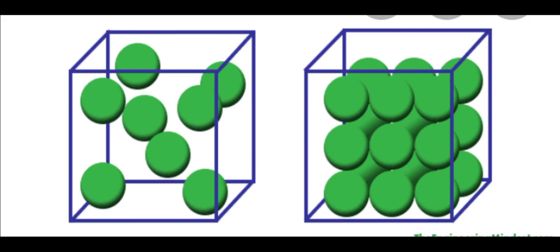In one box, more molecules are packed, so they have higher density as compared to the other, because they have a disc-like structure. Only few molecules are present, so this second one has lesser density as compared to the first one.